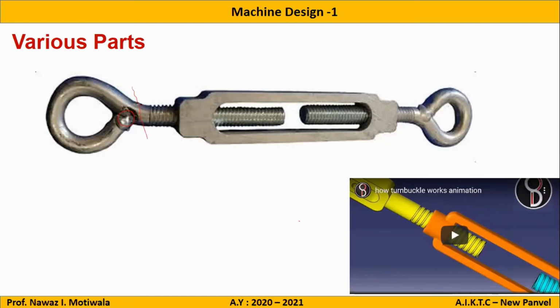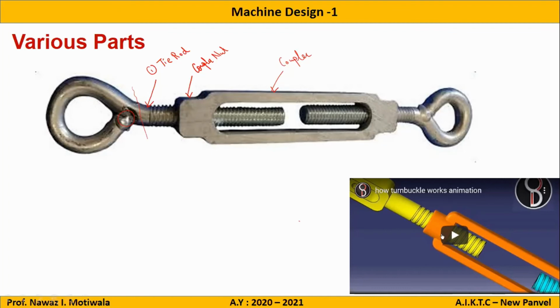So the main parts are starting from this part. The first part of the turnbuckle which we need to design is this one, which is known as the tie rod, or basically rod. Second part is this particular part, which is known as a coupler nut. This part is known as a coupler nut, because this length of rod is a screw, so it should have some nut in which it will rotate. So this part is nothing but a nut in which the screw will rotate. So tie rod, coupler nut, and this part is known as the coupler. That's it. So only three parts we need to design: tie rod, coupler nut, and coupler.